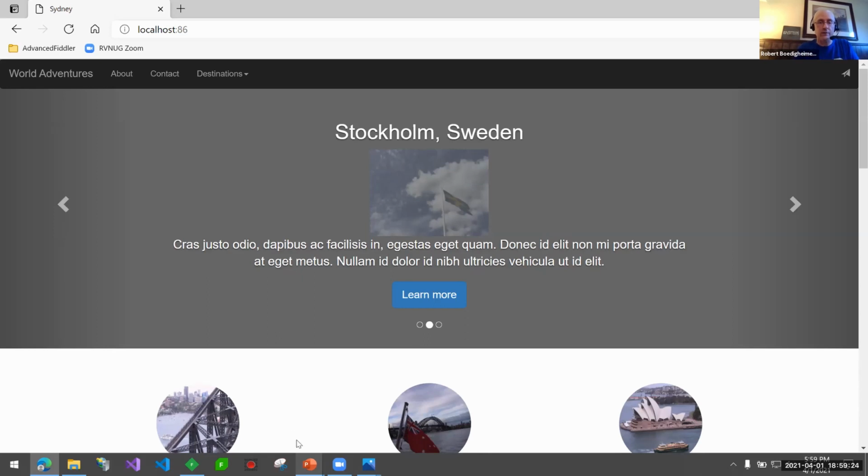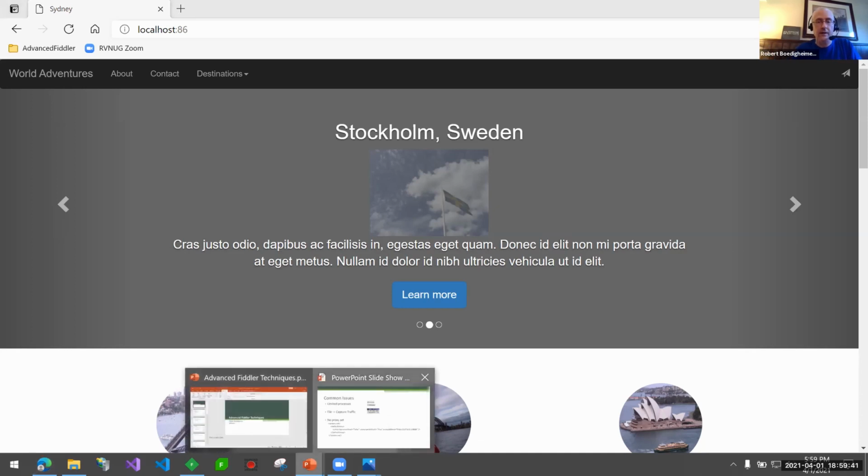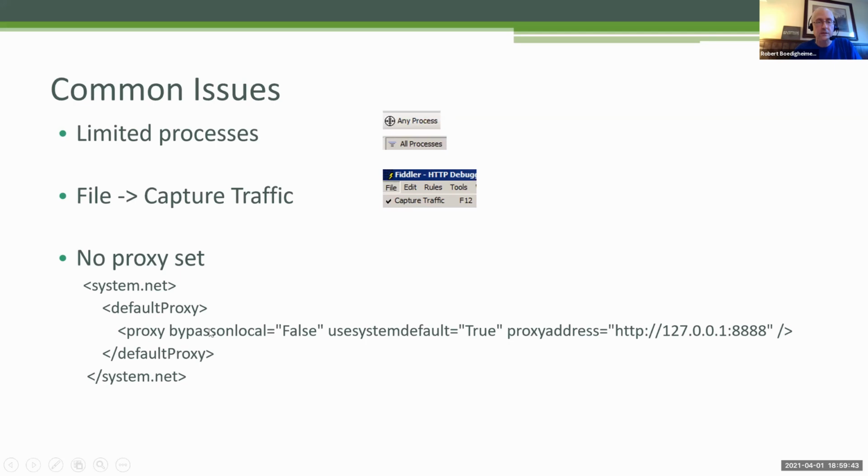So I just wanted to warn you, if you do that scenario, let's say I had a server-side call here that went out and saw current best stuff in Stockholm or whatever. I would see the browser request for everything I normally see, but that REST API call wouldn't be there. If you're using .NET, you can actually put this in your config file. And what you're telling it is, I want to proxy all of the .NET classes that do HTTP through that